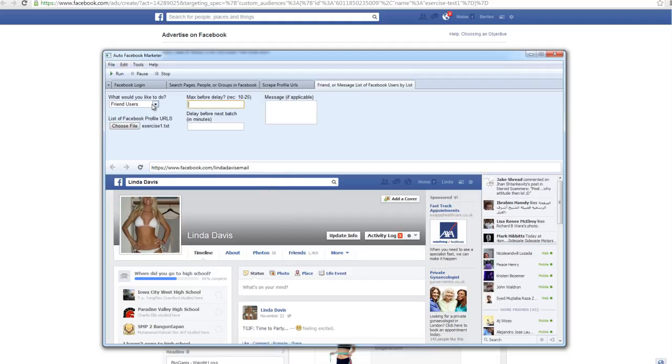Okay, so I selected friend users, I selected my file, and I select the max before delay. Here's the recommended 10 to 25. Remember, I'm not going to be responsible for anybody's accounts getting flagged. I suggest you set these delays very reservedly so that your account doesn't get flagged for spamming. So stay within these